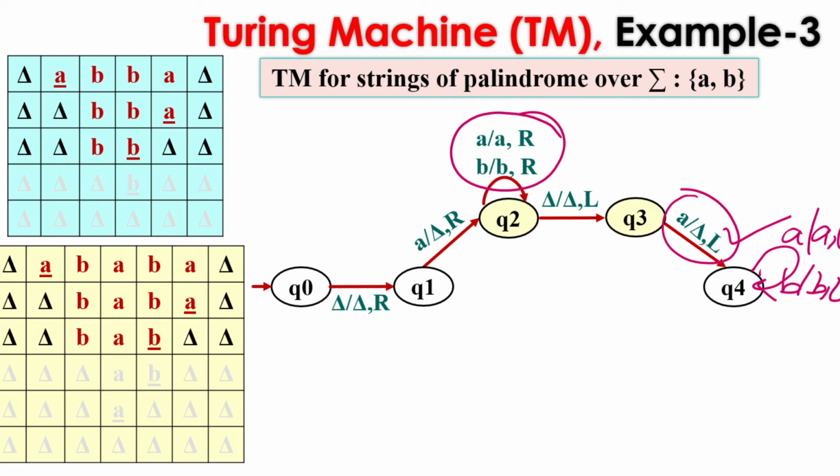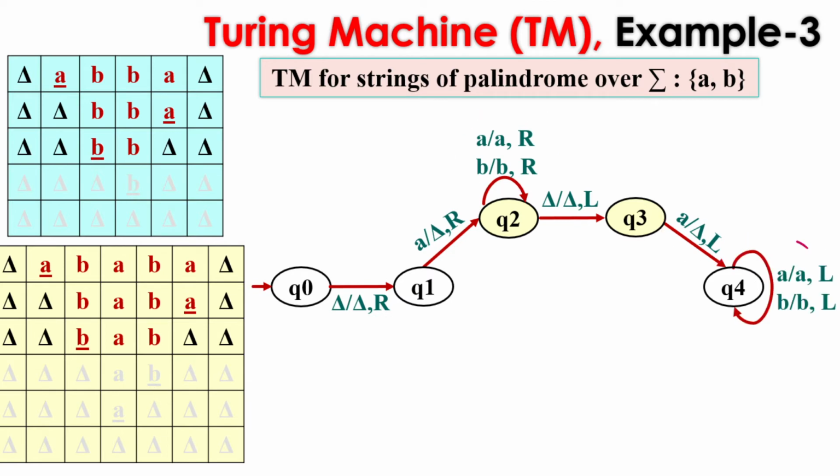At Q4 we are pointing to this symbol. Now we are moving with the loop, we can move through the complete string, and now we will be pointing at the end of this loop. The control is pointing to this first leftmost symbol. Again we are at a stage where we have cancelled out one symbol from the left and one symbol from the right. So here we are again having a palindrome string. So the leftover string is also a palindrome, so we can restart the same process with the next symbol, but this time we are having the B.